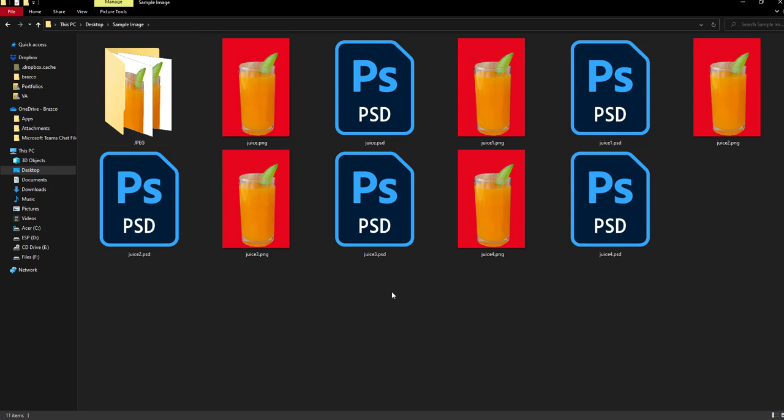But yeah, that is how to edit multiple images. This is only for simple backgrounds. I'm going to create another automation or action for complicated, difficult backgrounds.